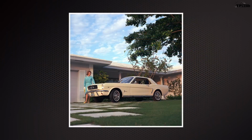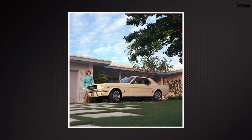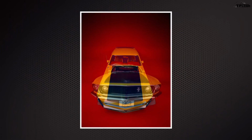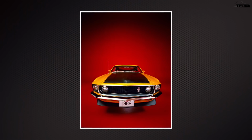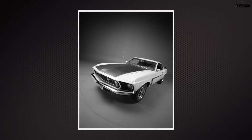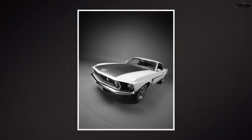Now, granted, I did have a 65 Mustang. It's a whole other story, but it's the same vehicle, basically. Same platform, wheelbase was about the same, but they did get stretched in both length and width. And by the time it got to 1969 and they built the Boss 302, the quad headlights, that big grille, the overall design of that vehicle, if you look, the side hump, the way it goes up and over the rear fender, everything they did with that car absolutely says American muscle, but American